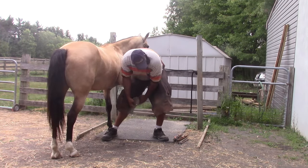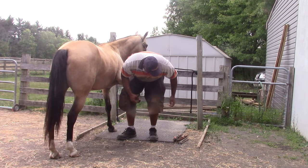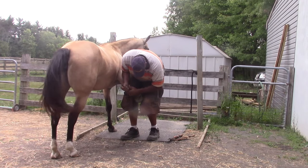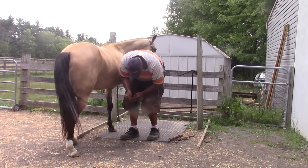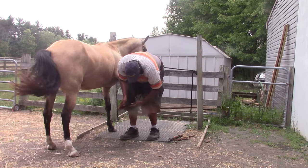Now you see me pick up her front foot here, and this is what I would consider a manicure, as the front shoulder would be our shoulder, and then her front leg would be our arm. That right there would be her finger. So that's the manicure. All right, so you see me trimming the outside wall